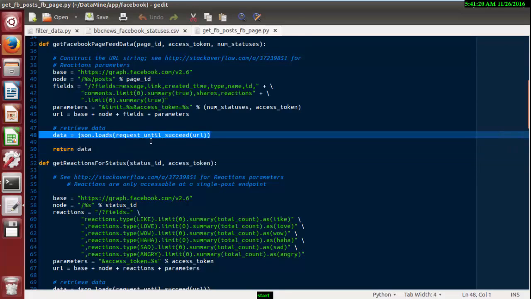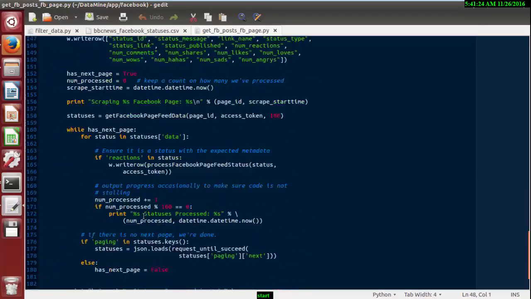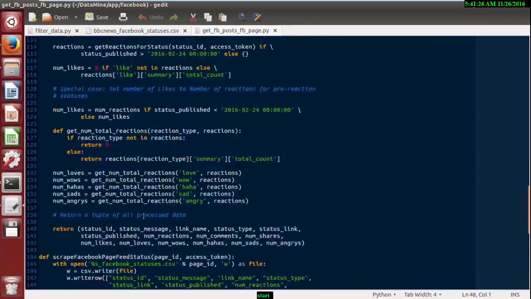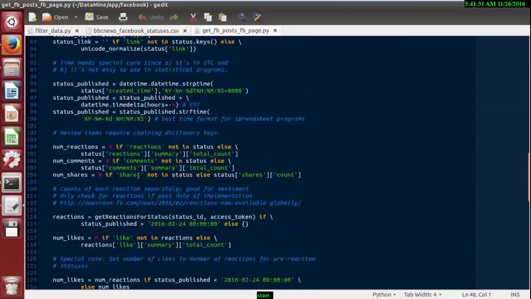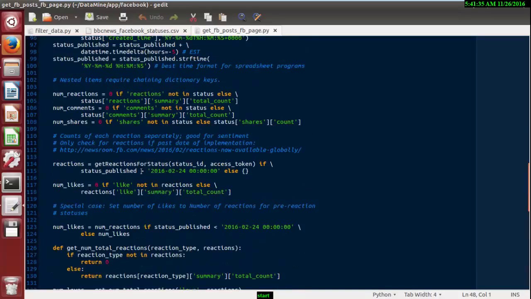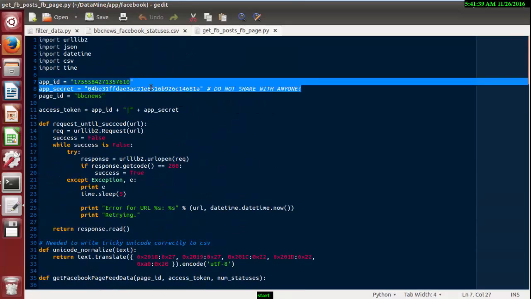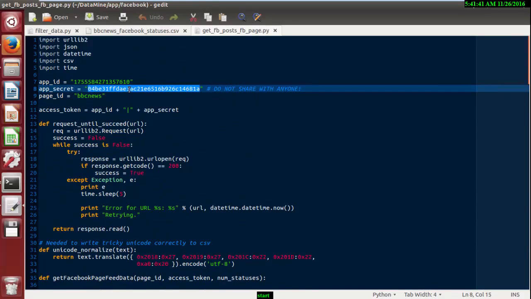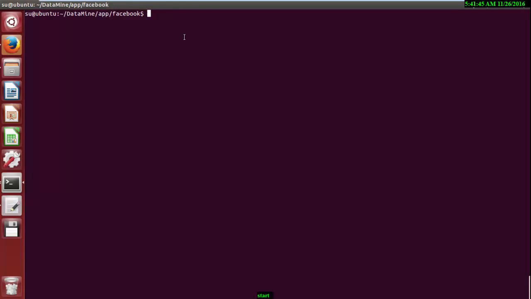And this line will do this thing. Without wasting time, there are a lot of technical issues available in this script, you will find them on the internet, don't worry about it. Let me show you how you can run this script and retrieve the data. The most important thing is you must know how to fetch the app ID and app secret. Once you fill in this data, all you need to do is run this script.